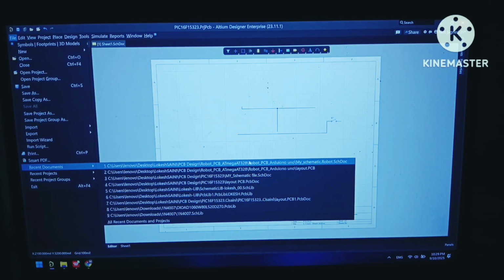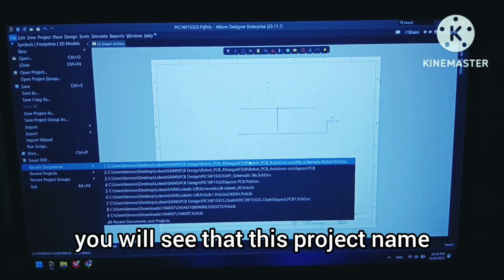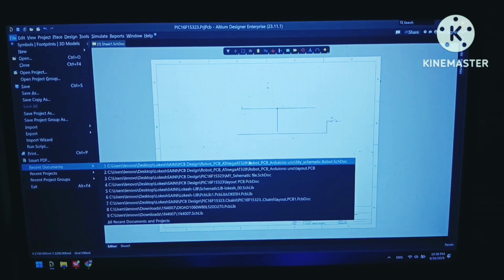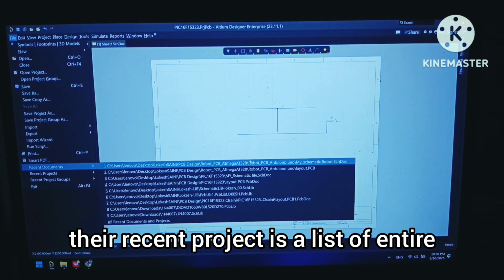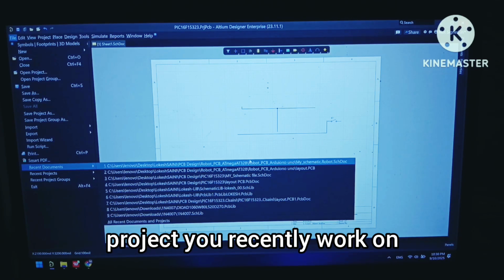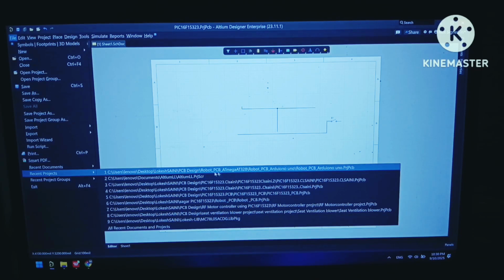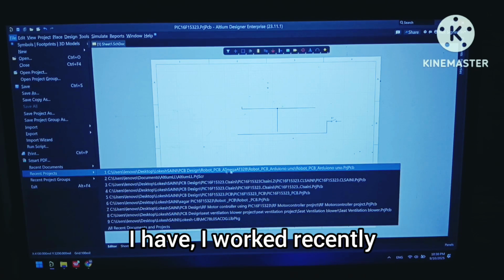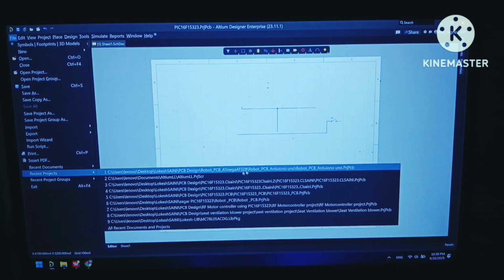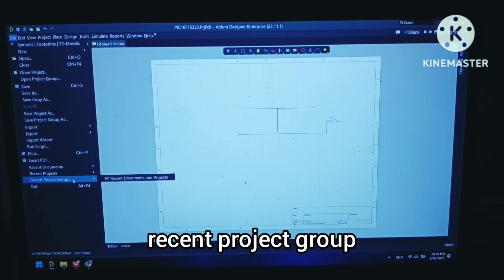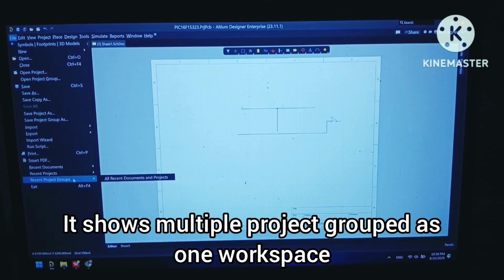So you will see that this project name and document are showing. Recent projects is a list of the entire projects you recently worked on. This is my project name I worked on recently. And recent project groups show multiple projects grouped as one workspace.